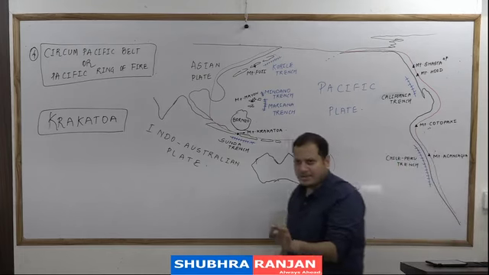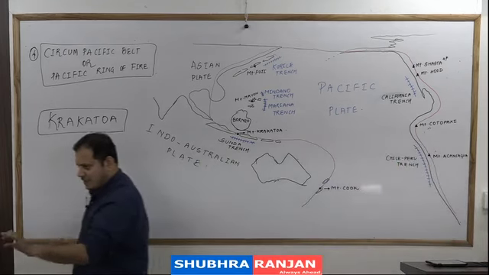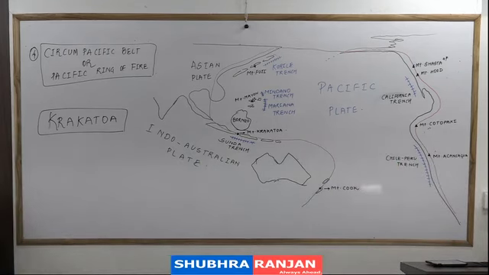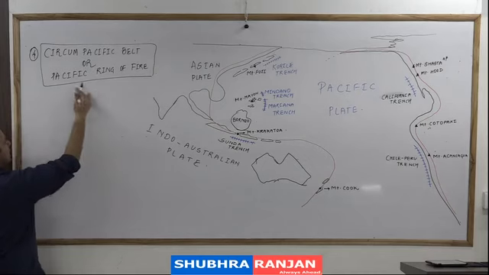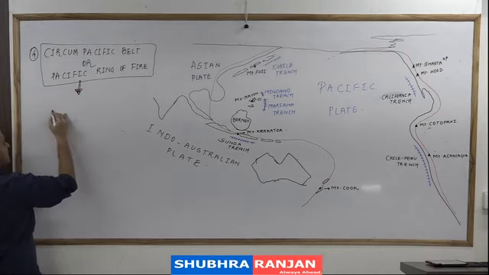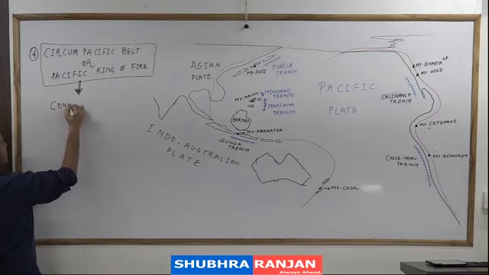This is a diagram which you will have to remember because the same diagram will come in world distribution of volcanoes, the same diagram will come in the world distribution of earthquakes, and we will keep on coming to this diagram again and again. That is the Pacific Ring of Fire or the Circum-Pacific Belt. Now, once you know this belt, writing the answers about the volcanoes, earthquakes is very easy. So, can I say it is nothing but the convergent plate boundary?